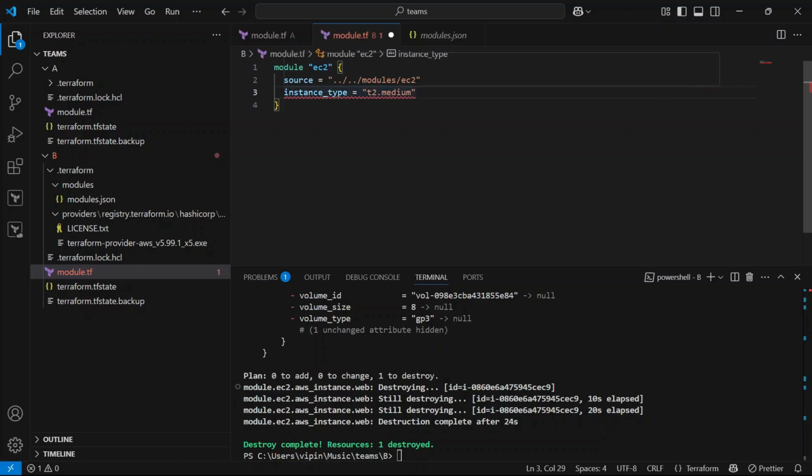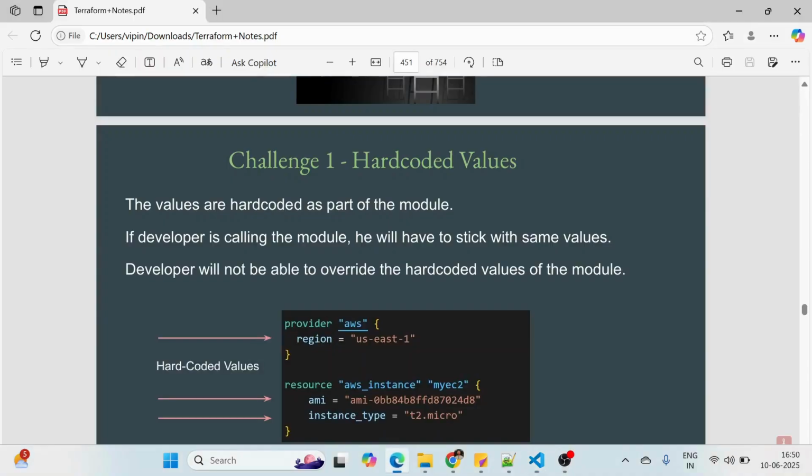If you put your cursor here, it says unexpected attribute, the name instance_type is not expected here. You are getting the error here. This way you cannot provision EC2 while calling the module from team A or team B. So this is not a valid option. We have seen the first challenge.